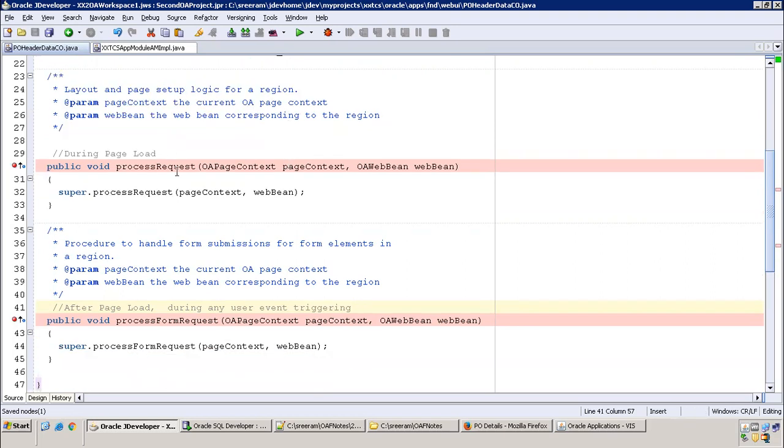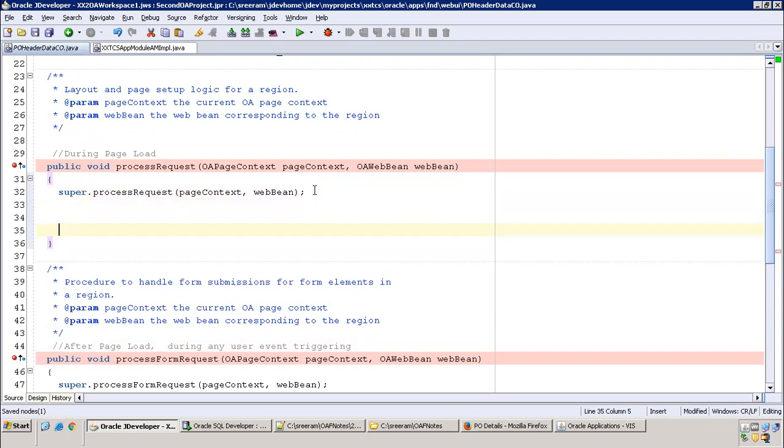Now we want to display the data by default when the page loads. I want to display the page data whenever the page gets loaded by default. Now I need to call a method which is available in another class. The CO will not know the AM details by default. So we need to find out what the AM name is. AM name is XXTCS AM IMPL. Mention that, press Alt Enter. This is a class name and this is your object.